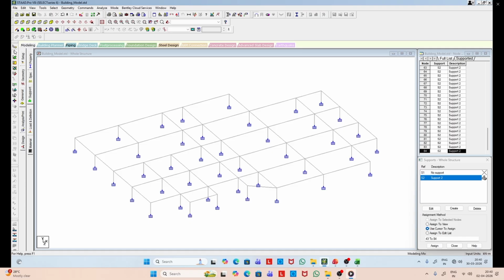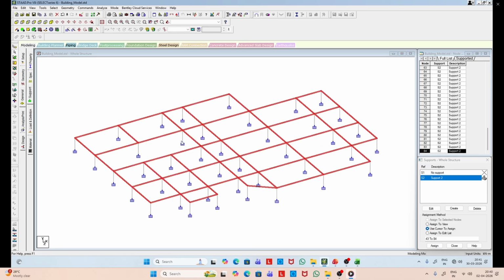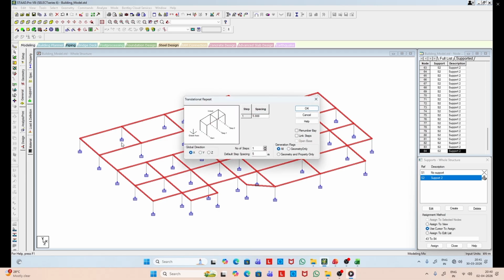In some of the analysis, we also model the foundation along with the soil springs below if we go for a soil structure interaction analysis. But for the time being, we assume full fixity at the foundation locations.